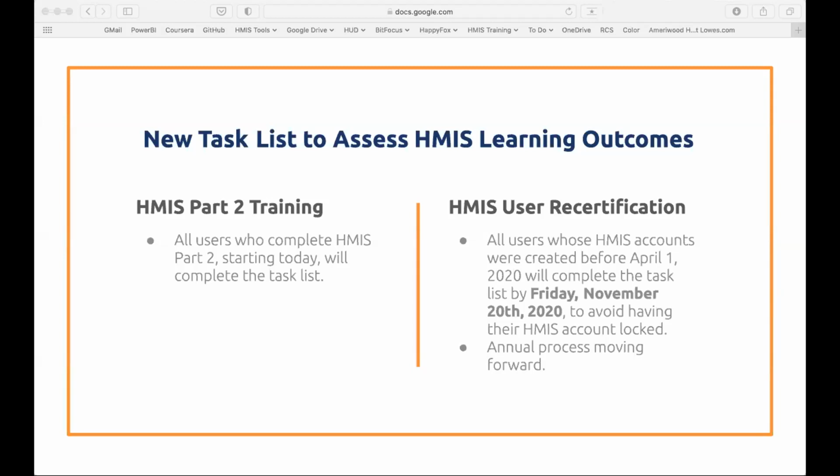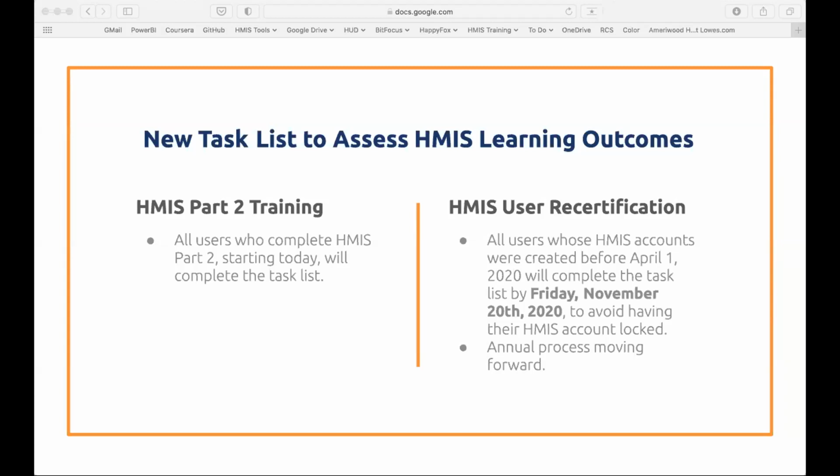Starting today, the task list will be required of all new users completing HMIS Part 2 training, but it will not be scored like a quiz. The purpose of the task list is just to provide HMIS users an opportunity to use HMIS and receive feedback from us on areas that they may need to reinforce.